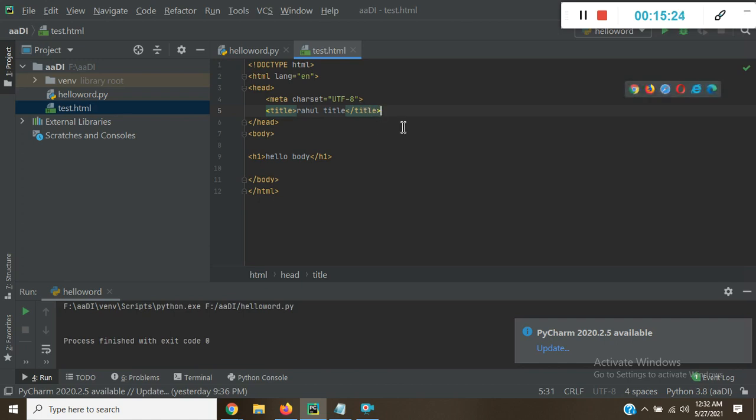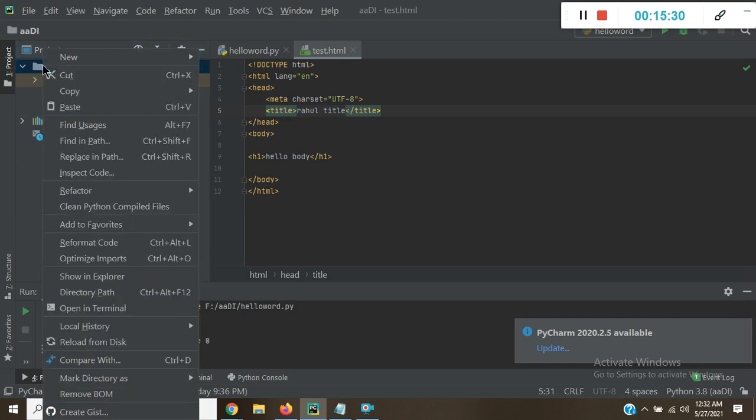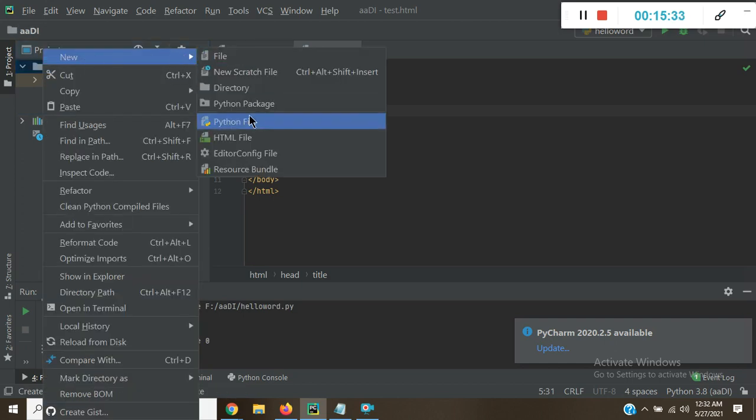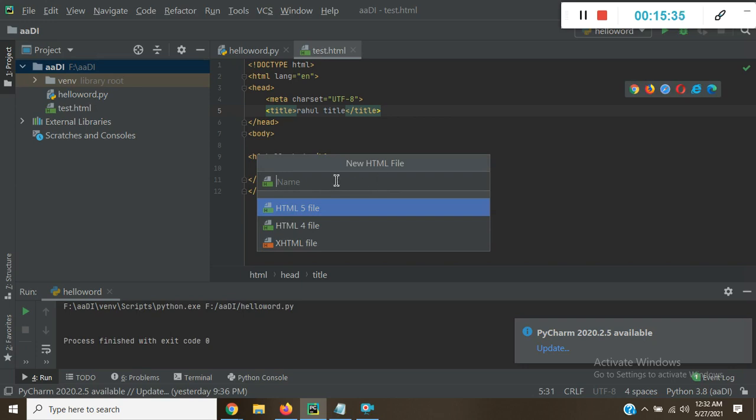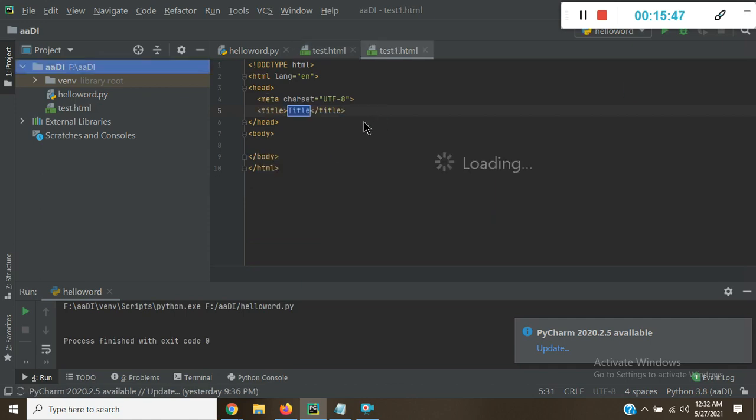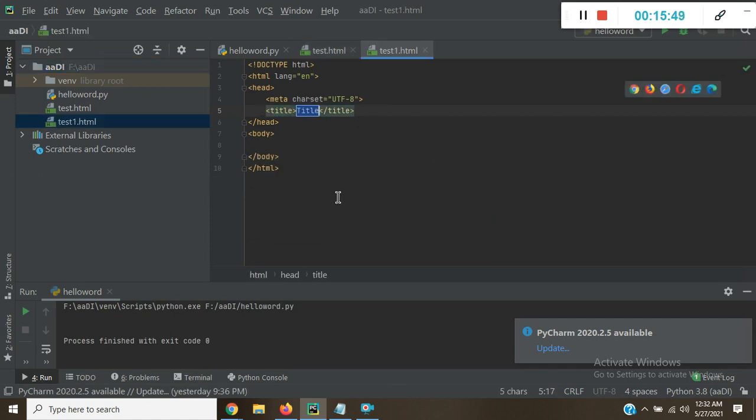So how can we create an HTML page? Just right-click on the project, choose New, go to HTML file and name the file. I am giving test.html. Suppose I am creating test1, and just press enter. You can see here, this is the HTML file we have created.